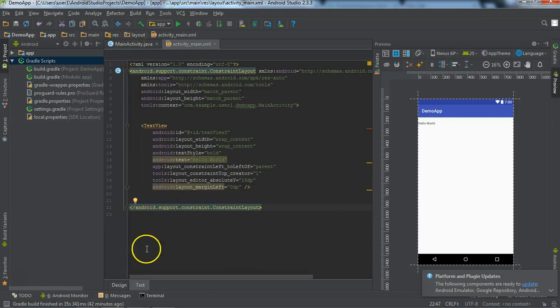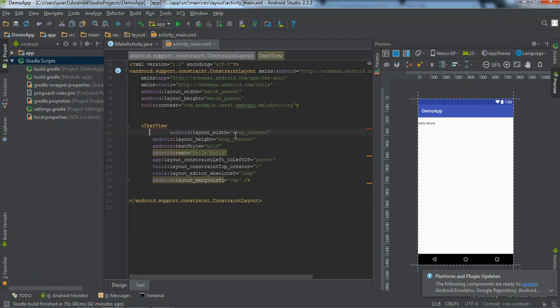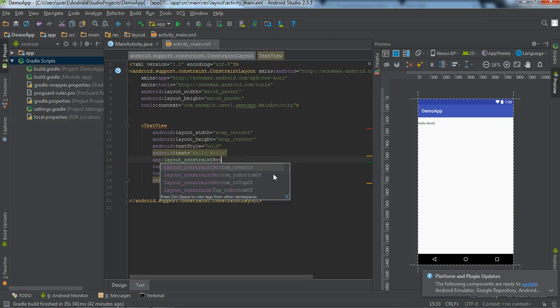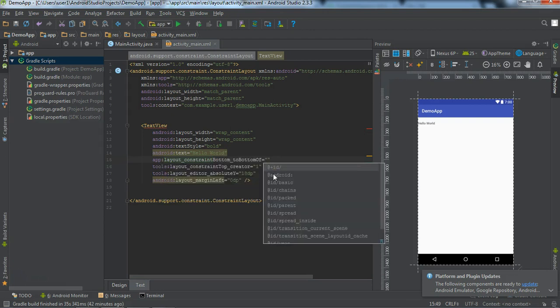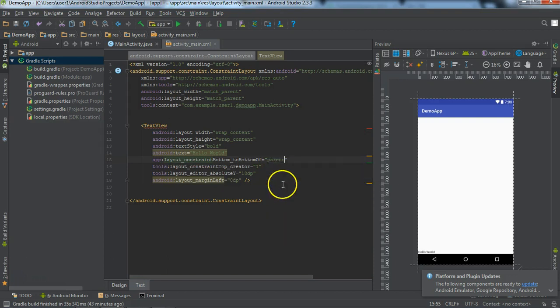in order to understand this better, let's make some changes to our text view so that we have it in the center. For that, let's just change the layout constraint. So for this, let's have the constraint bottom to the bottom of parent, and similarly to the left of parent,